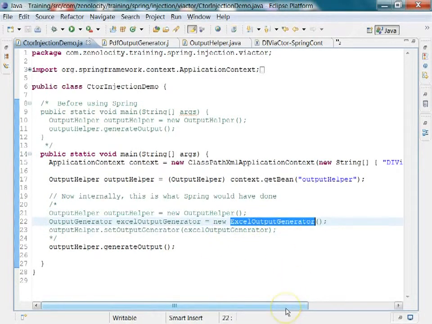Now let's say later on I want to change it to PDF output generator. So you have to go and make code changes and recompile your class. With Spring you don't have to do that. You just have to configure it, and once you change it in the configuration file, it is loaded from the class path automatically, and you don't have to recompile and package your application and deploy it again. So you just make the changes in the Spring context file. So this is how constructor injection works in Spring.